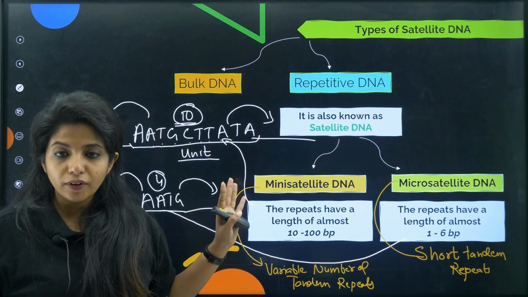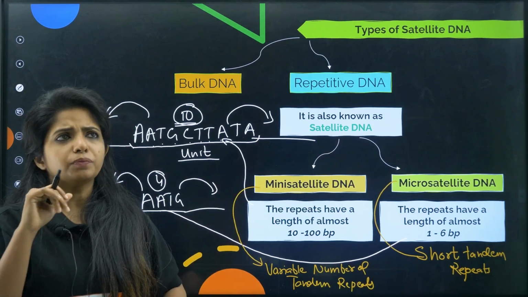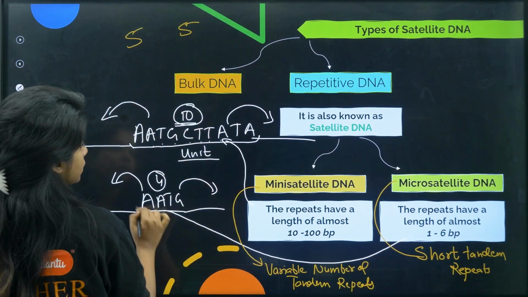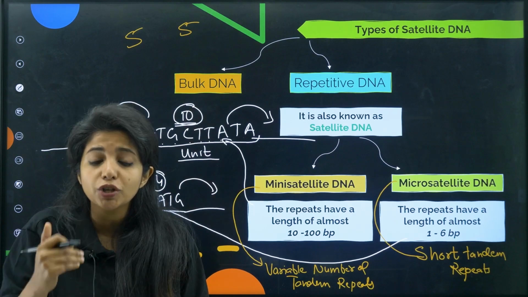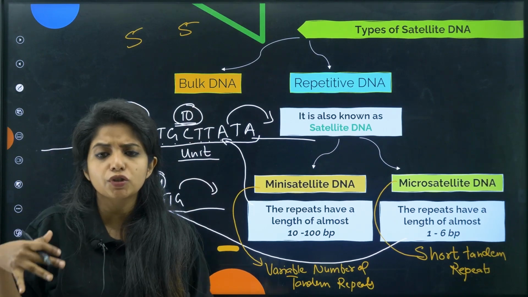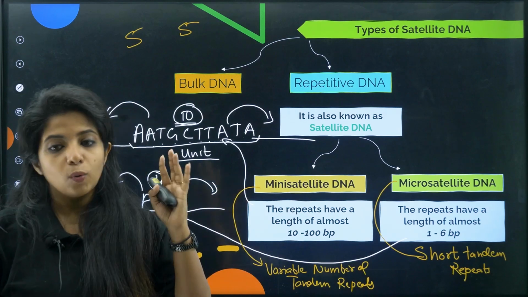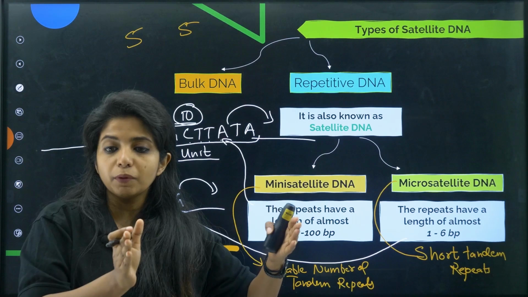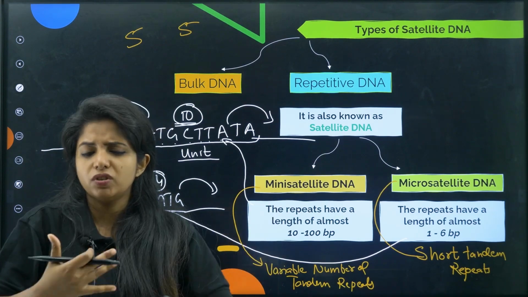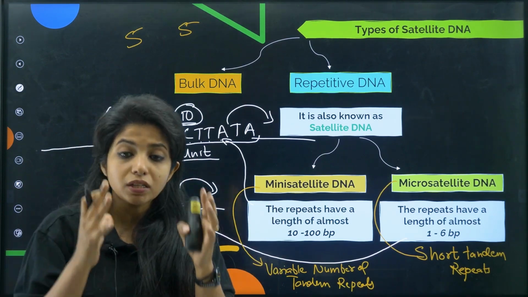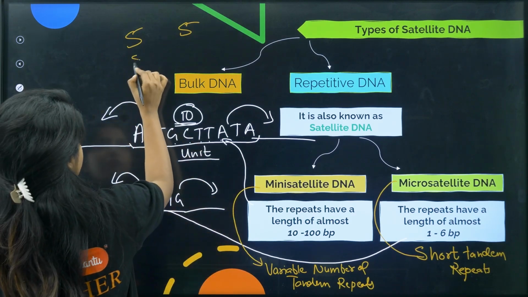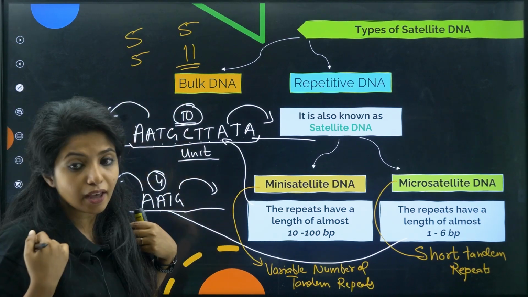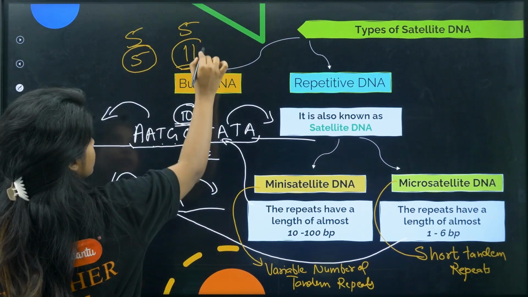Okay, so repetitive DNA sequence is fine. And let me tell you, basically all of us might have had 5 repeated sequences. You also have had this as 5 in number, but certain mutations happen in us. Some mutations do not cause a lot of trouble. Mutations can be of 2 types. One can cause trouble, which would obviously make you have some disease. Or another type of mutation is just passed on, which creates variation and is passed on from generation to generation. Because of this mutation, the difference has come that I have 5 and you might have 11. And this is very unique. If I have 5 and you have 11, this is very unique to you.